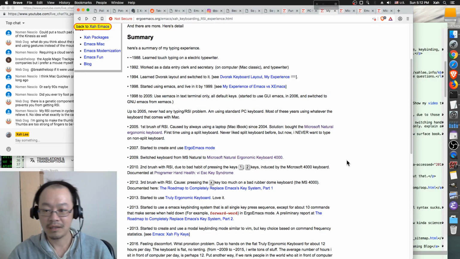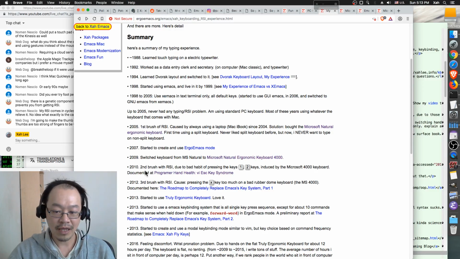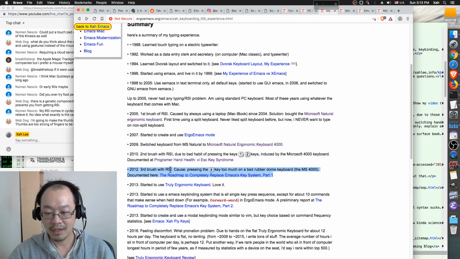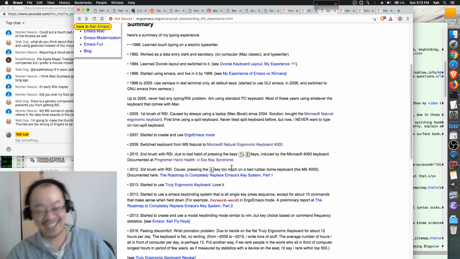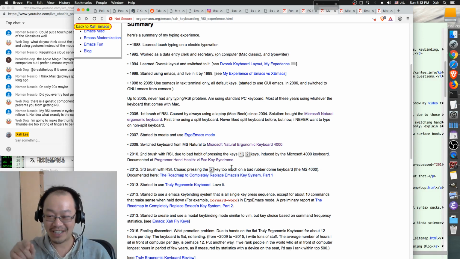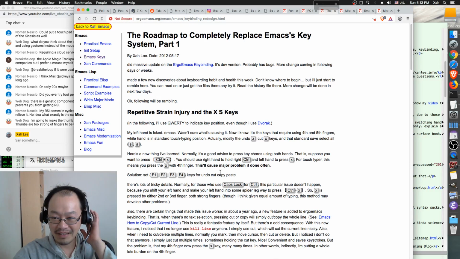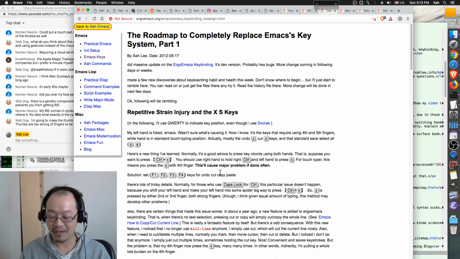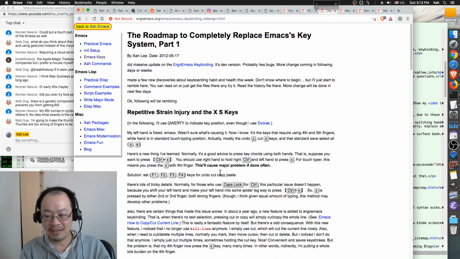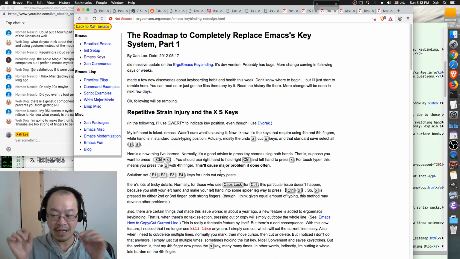So let's go back. So yeah, that's 2010. Then 2012 is another one. So what's this one? Pressing X key too much. Exactly. Okay, that's another interesting story. This is another interesting story because, well, you can read my article, but this is another instance where I had pain. Then finally, eventually I discovered the cause. I pinpointed it. I found out the exact cause of that. So that's this article.